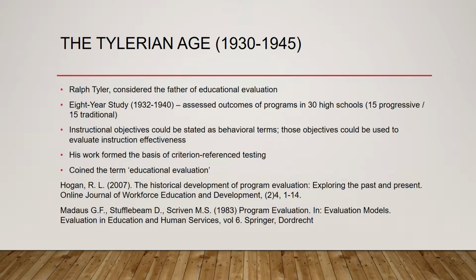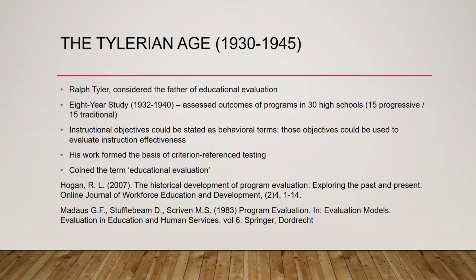So Ralph Tyler's work is referenced as the Tylerian Age, and it really takes place between 1930 and 1945. His work took place even after that, but according to the literature that I read, the Tylerian Age takes place in that time period. He's considered the father of educational evaluation, and he did a tremendous amount of work in educational evaluation, coined the